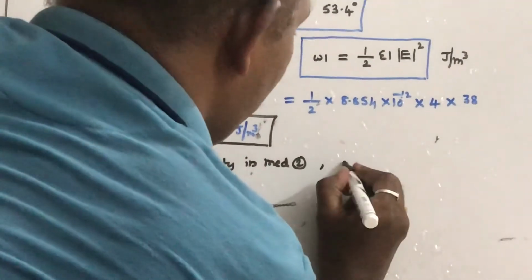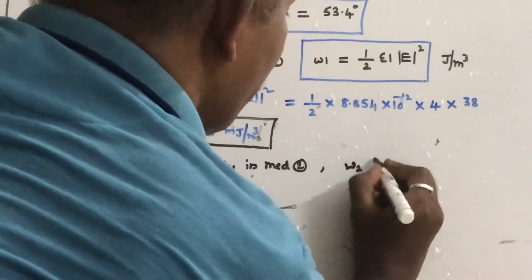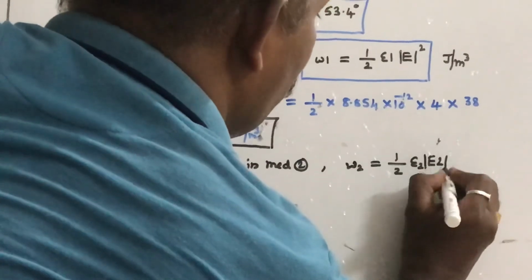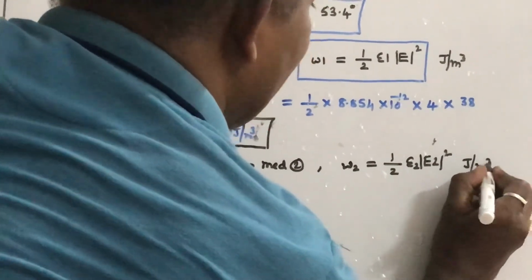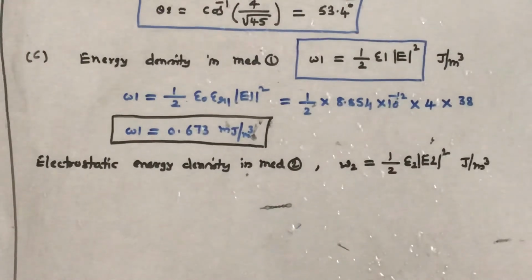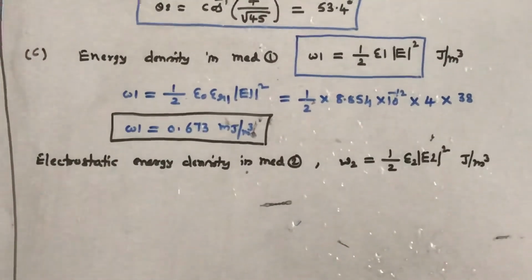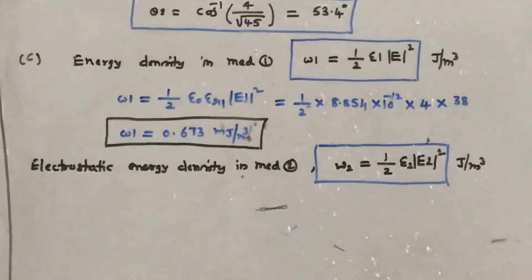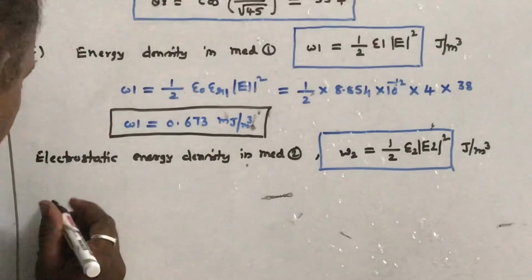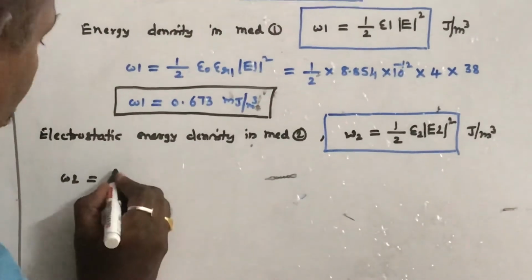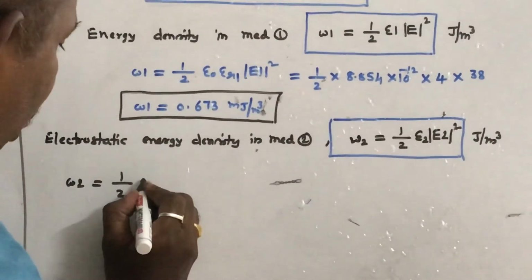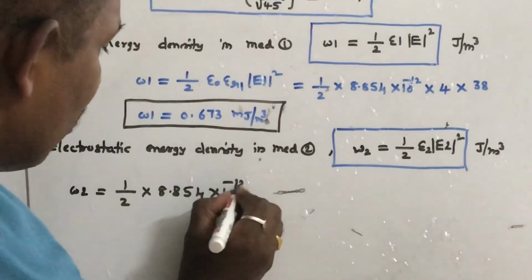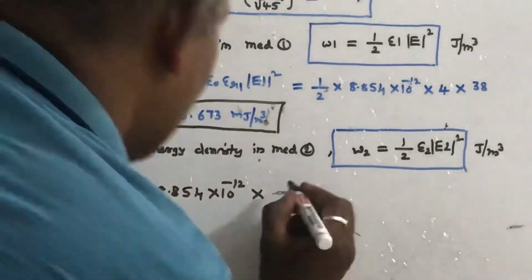So let us say small w2 is equal to the same formula: small epsilon 2 into magnitude of E2 whole square, joule per meter cube, energy per unit volume. Substitute all the values in this formula. So W2 is equal to half epsilon 2, which is epsilon naught, 8.854 into 10 power minus 12, into epsilon R2 in this medium, which is 3,